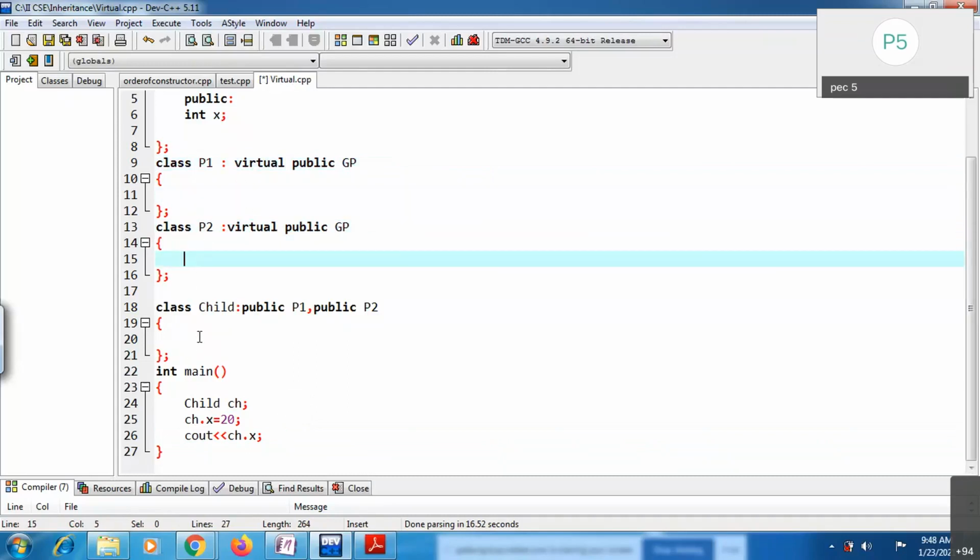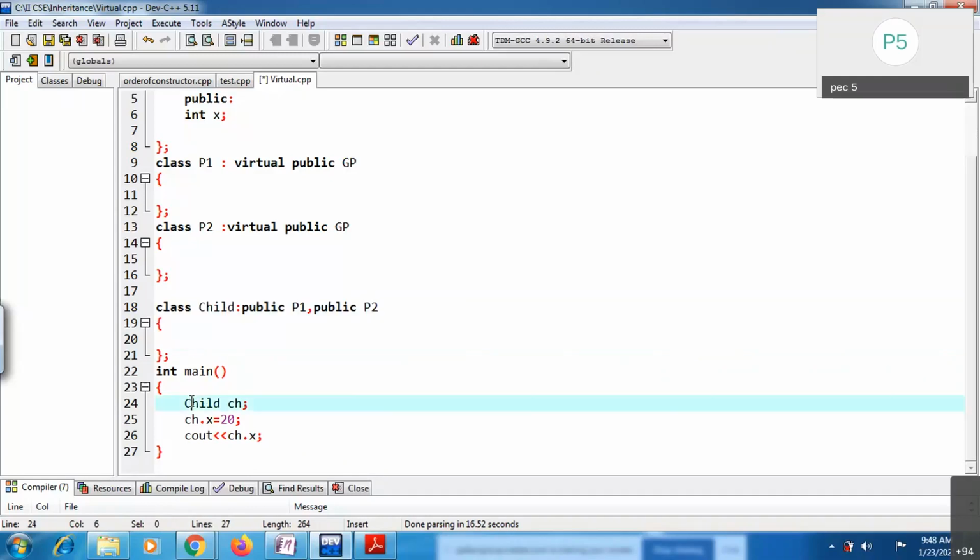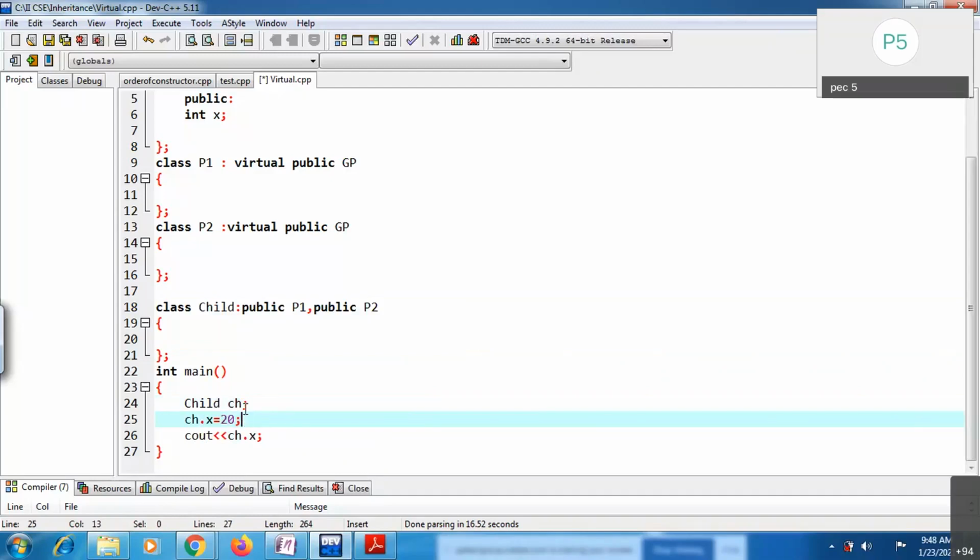Now while deriving child there is no problem, because only one copy is shared with both p1 and p2, and the same copy is available inside child. Now you can directly access that x and use it in your code. For this child I have created one object, ch. Inside this object you can access x: ch.x, you can store the x value 20.